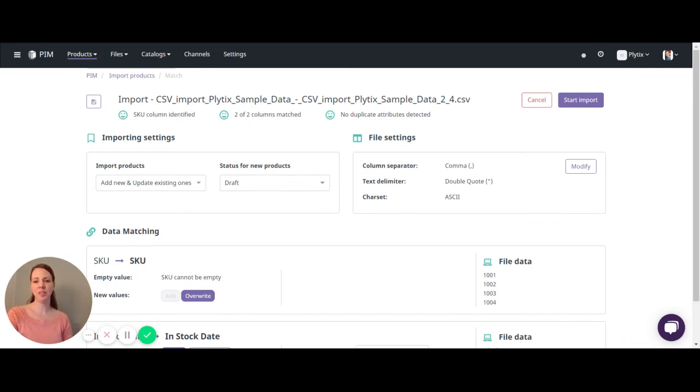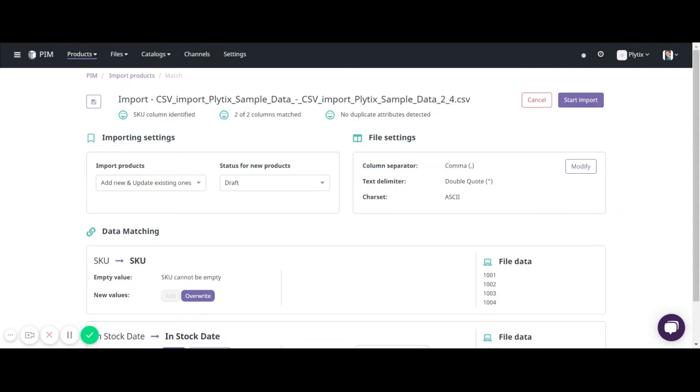In this video, I'm going to show you how to create and load an import profile. An import profile enables you to create a recipe, per se, for importing a file. So when you're importing a file with the same layout that you've done before, you don't have to go through the entire attribute matching process again. Instead, you can simply load an import profile and all the incoming data will be matched automatically.